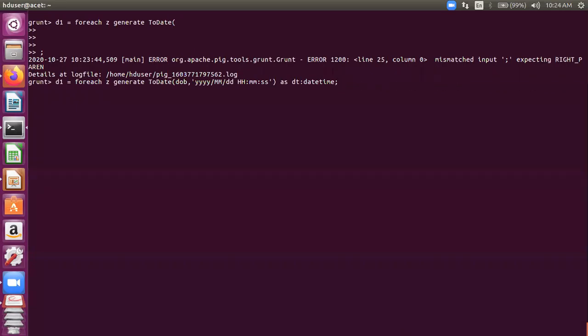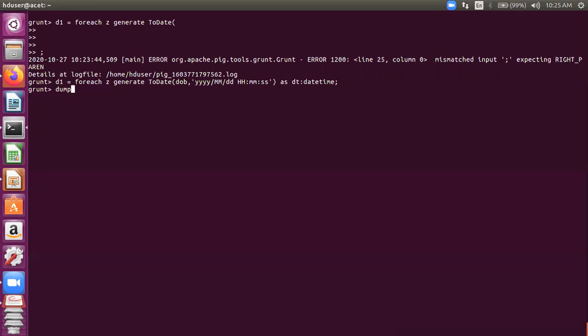I'll be taking a new relation D1, in which from my Z relation, I'll convert the DOB into a date, and it is in this format. Because MM is there in time also, the month is always given in caps, MM for month in caps, and mm for minutes in lowercase.